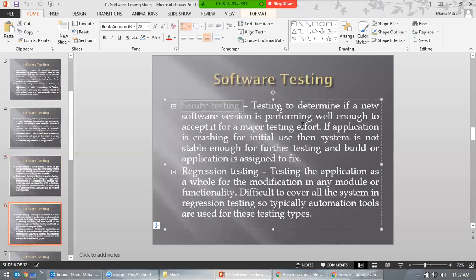Sanity testing is to make sure of a different version of the same application. You're testing the same application, but a different version, and that is called sanity testing.